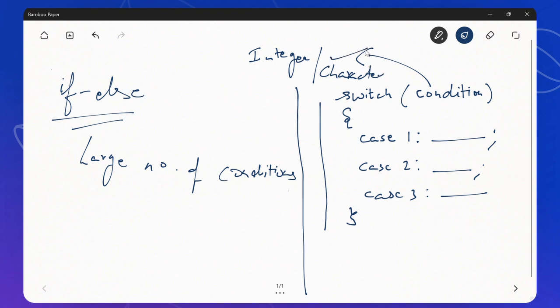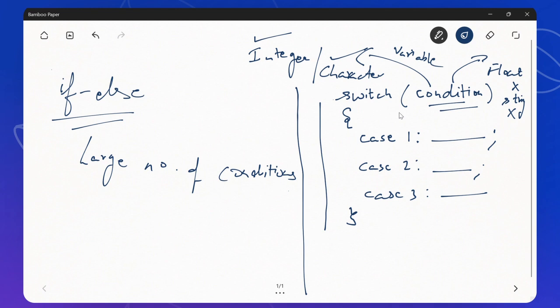It can only be an integer variable or a character variable, or any expression which evaluates to either an integer or a character. It cannot be float or string. For floating point numbers, we cannot have any floating point number over here. Remember, a variable, not a constant, because for a constant there is no sense.